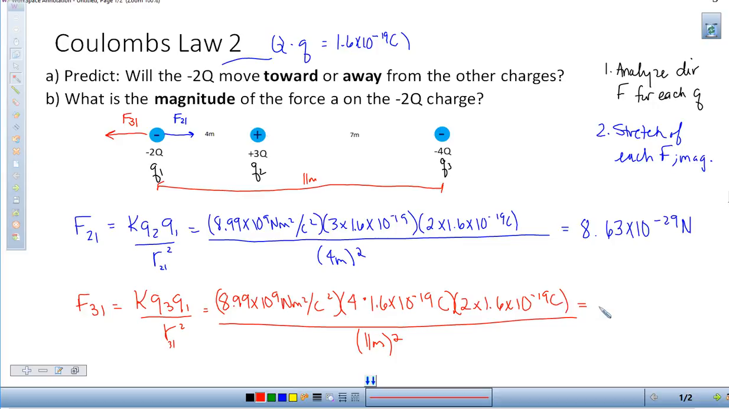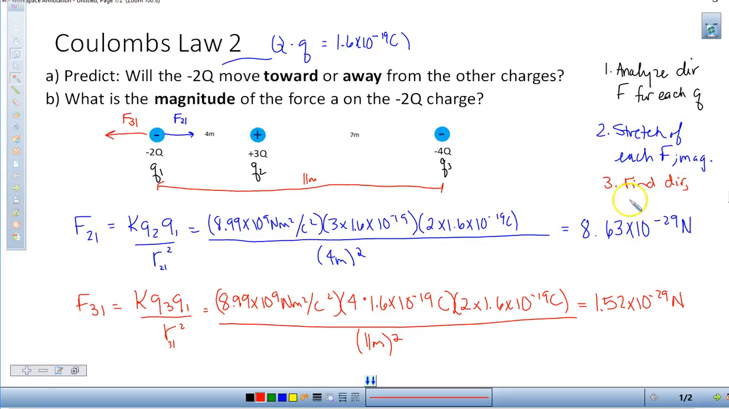So let's go ahead and type these in. I'm typing in the charges. Oops, 2 times 1.6 e to the negative 19th. All of this divided by 11 squared, 1.52. And there you go. So now that I found the strength, now I'm going to find the direction